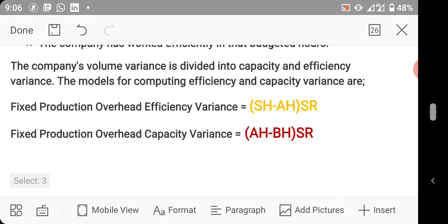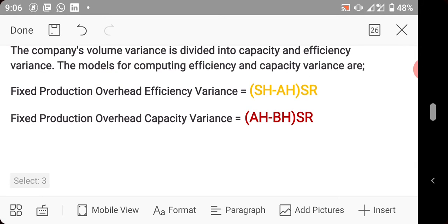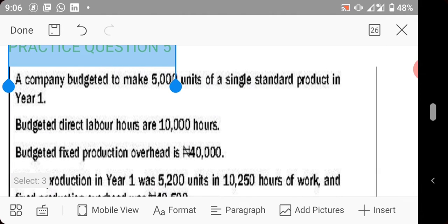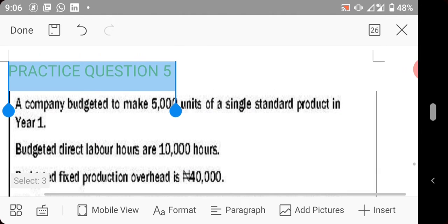If you want to calculate for fixed production overhead efficiency variance, the formula is standard hour minus actual hour times standard rate. If you want to calculate for fixed production overhead capacity variance, the formula is actual hour minus budgeted hour times standard rate. Now, looking at this, we'll take this question to buttress our point, which is practice question